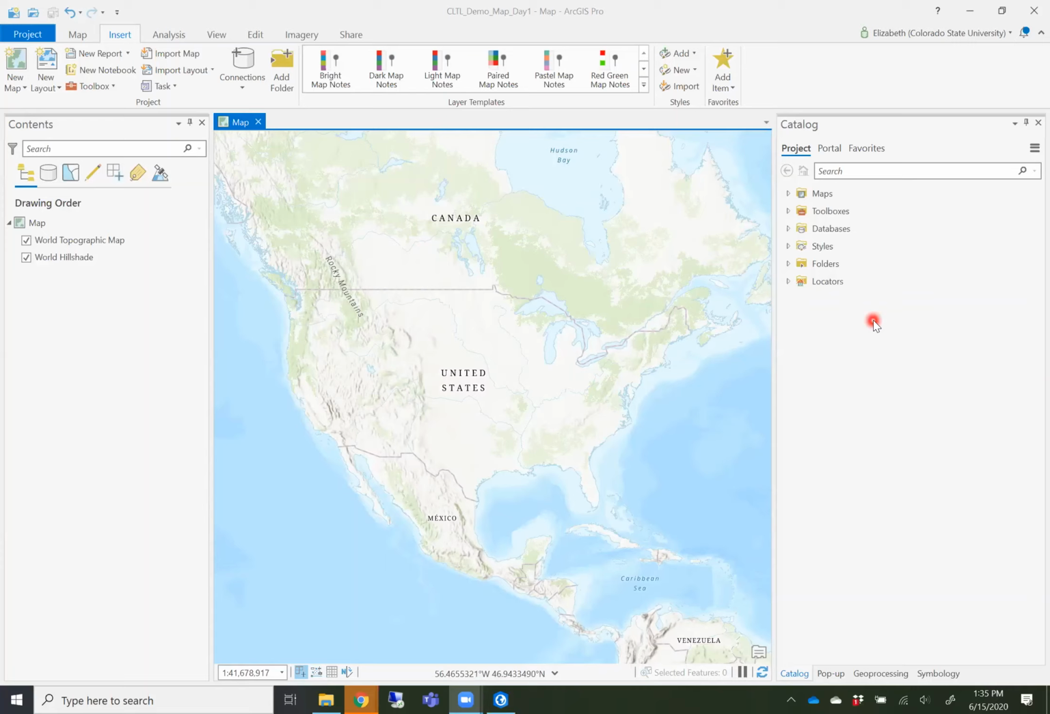The catalog is kind of like our folder explorer and also our project explorer, because the project can have different pieces to it. Right now we're looking at a generic map, but you could have more than one map. You could have a map that's centered on CSU, zoomed in. You could have a map that's centered on Larimer County. You could have a third map for the whole state. So you can have multiple maps, and then underneath here, it will show you all the maps that you have